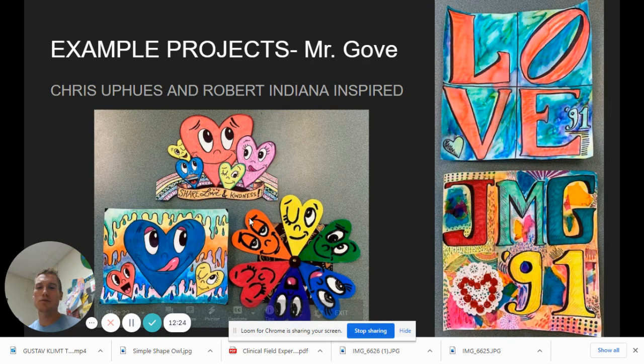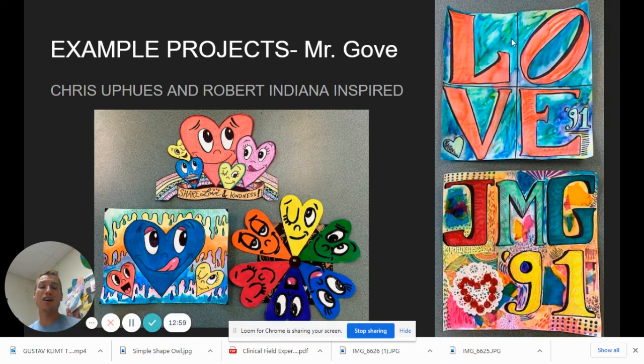Here's some more Chris Uphues work, another little color wheel. This I just used marker and a wet paintbrush and turned that marker into paint. Here I just had a Sharpie and crayons, and I did a little positive message on a banner and then a little family of delightful heart characters. Amazing. And I loved using the primary colors, red, blue, and yellow. I love the primary colors. I love all colors. Then did a little Robert Indiana love, speaking of love, and I added my initials,